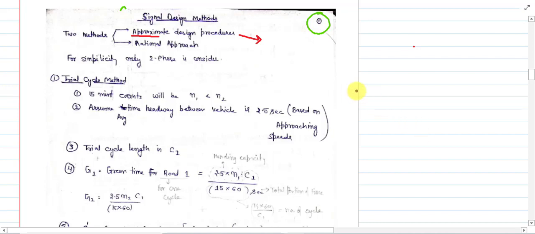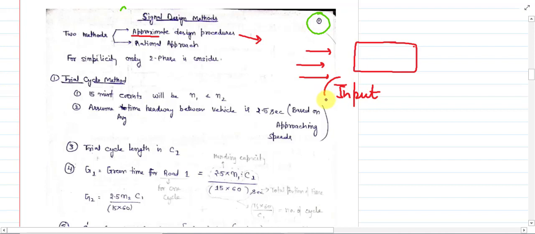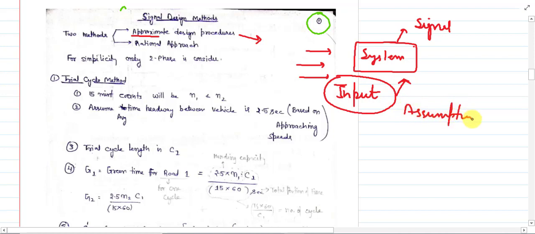Whenever we assume certain things like this is the input parameter, we analyze this input parameter. Based on this input parameter we design this system, and this system is related to your traffic signals. These input parameters are some assumptions. So this type of procedure is known as the approximate design procedure, whereas we have another method which is the rational approach,